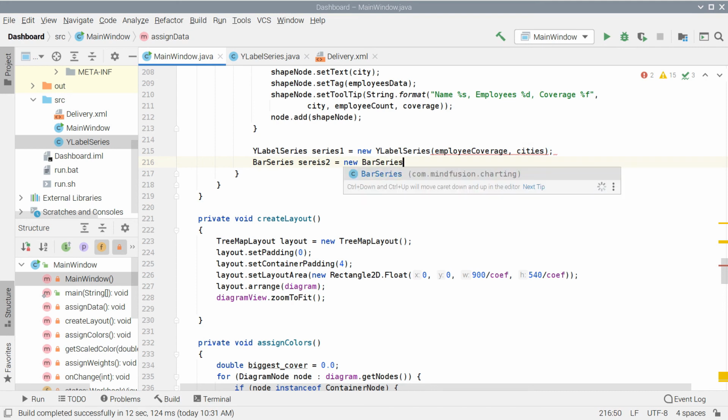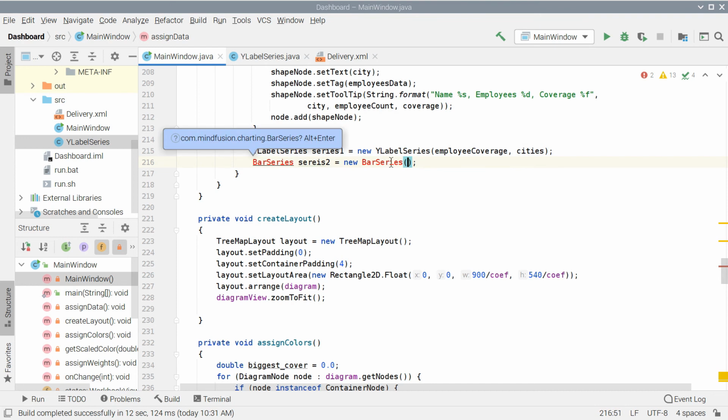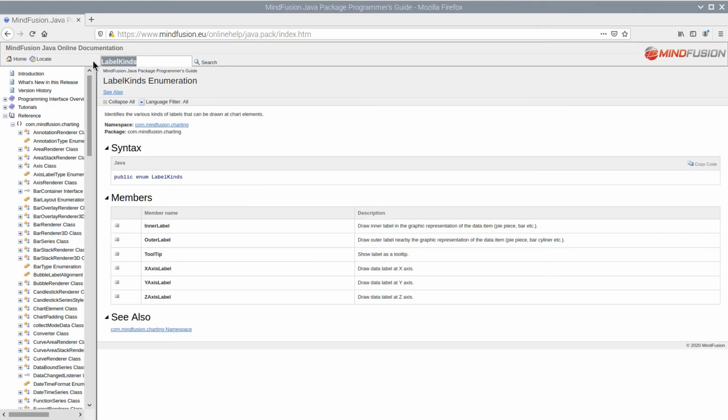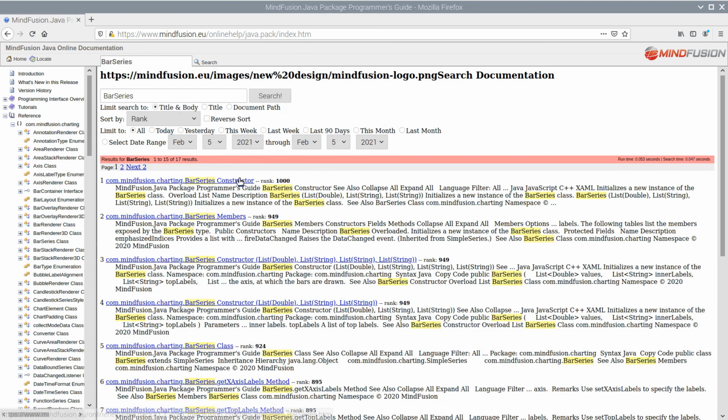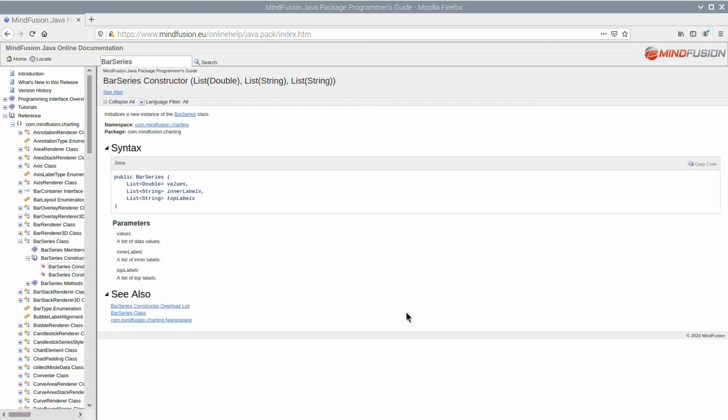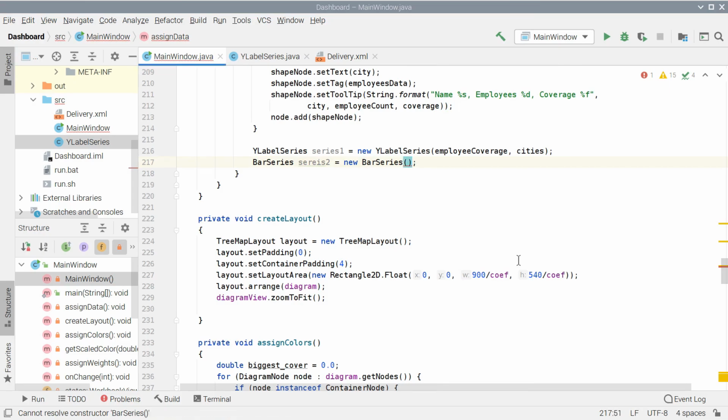The other series is an instance of the bar series class. This is a standard class that is included in the chart library. It is meant to be used with bar charts and accepts data and labels, inner and top labels. Since we will draw only one row of labels at the y-axis, one instance of the YLabelSeries class is enough.